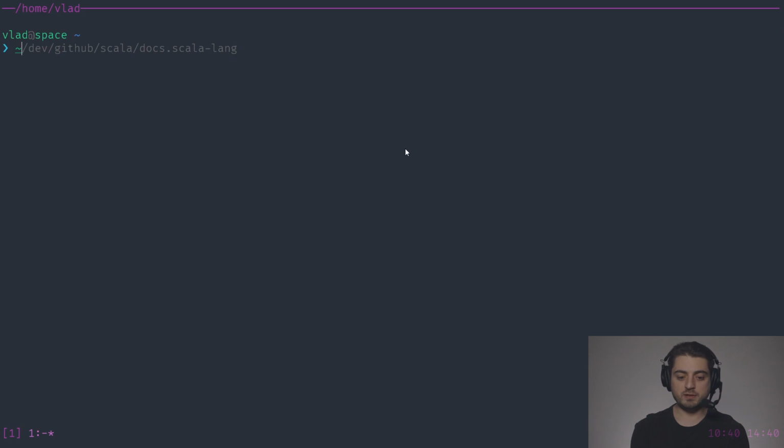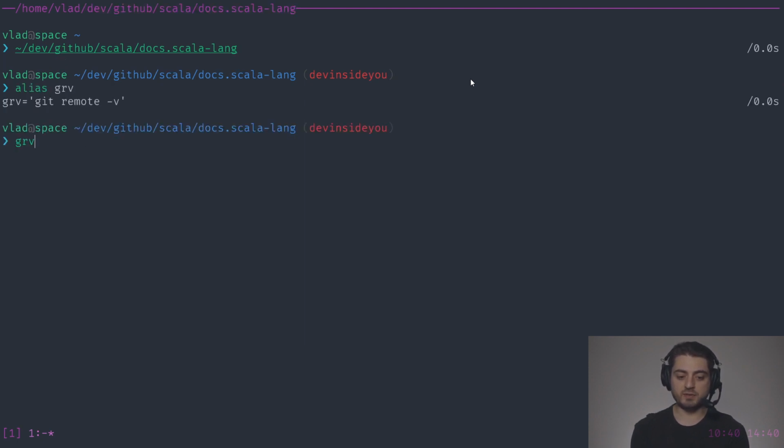So somewhere over here, which is exactly over here, I have a directory inside of dev. I have a directory called GitHub. Inside of it, I have a directory called Scala, and inside of it, I have the repository over here. If I go in there and I do alias grv, and I'm going to run grv, then we're